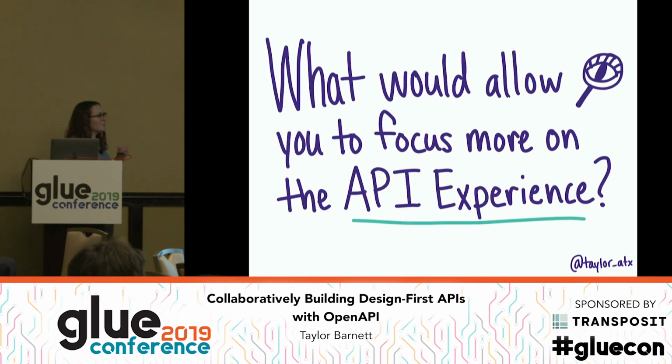So I like to ask this question of, what would allow you to focus more on the API experience? When tooling is taking care of some of these things, then you can spend more time on that design process. Whether this be things related to linting or style guides, getting OpenAPI deeper into the development environment, CI/CD process stuff, testing tools. There's a lot out there that could be built. Some say that we should be building better APIs. I think we should build better API experiences, because I believe that brings down the silos of the process and puts the pieces of the puzzle together that create better API experience.